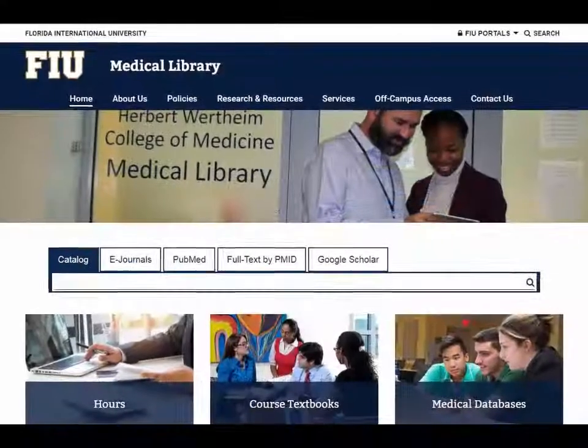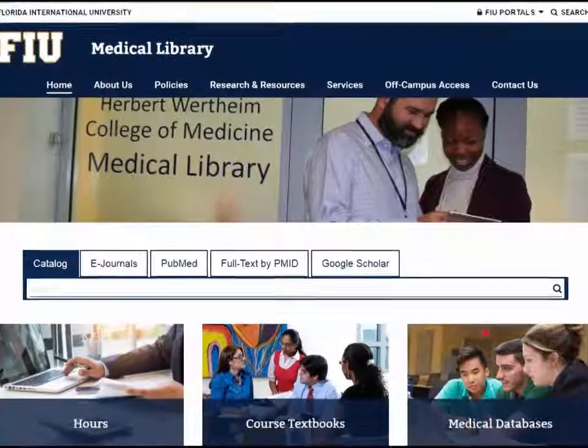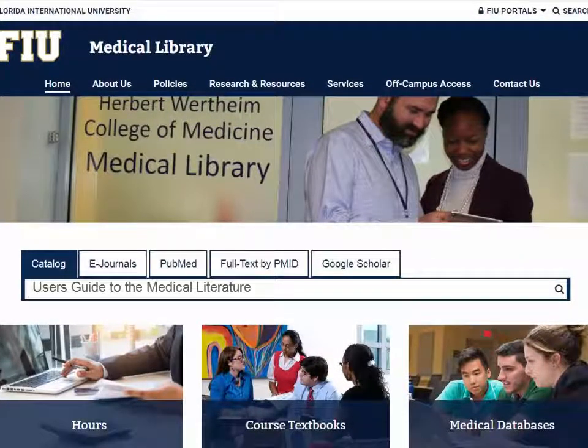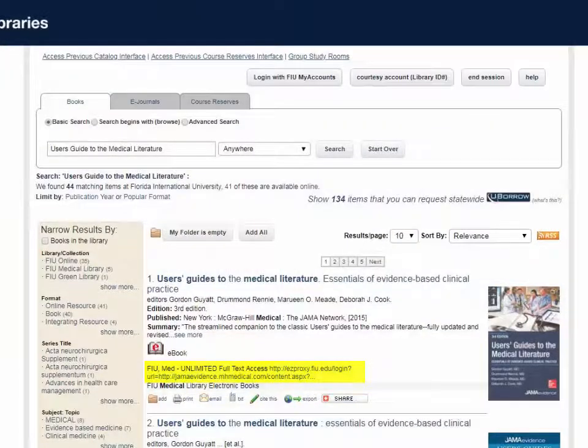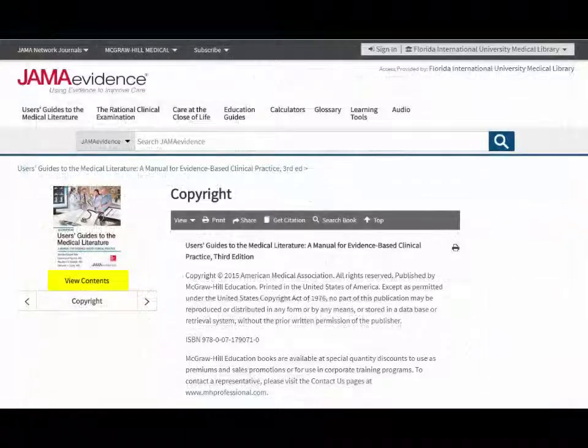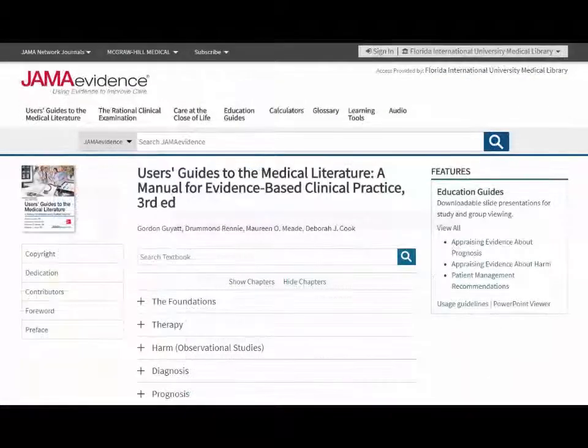Follow with me to view the pyramid in the electronic version of the textbook. From the medical library's homepage, type User's Guide to the Medical Literature in the catalog search box located in the center of the page. Click on the first result, JAMA Evidence. As soon as you click on it, you will find the table of contents and then expand the section labeled